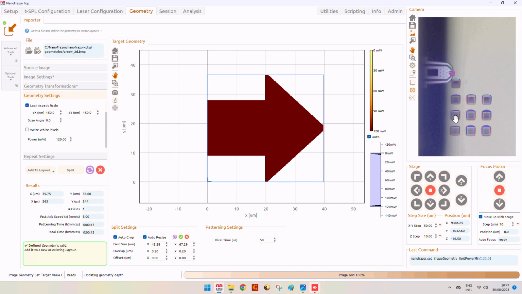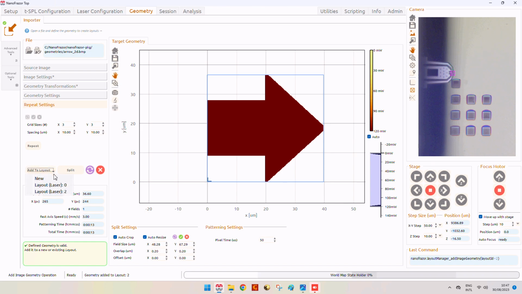So for 120 milliwatt we should be able to write on our sample. And again we can do also a repeat functionality, but in this case we're happy, so we add it as a new layout with laser. So we have two layouts now, we're happy with it, and we can already move towards the session to try to write these designs.